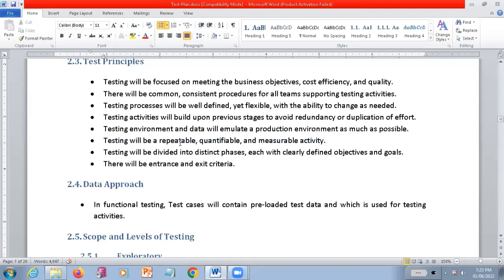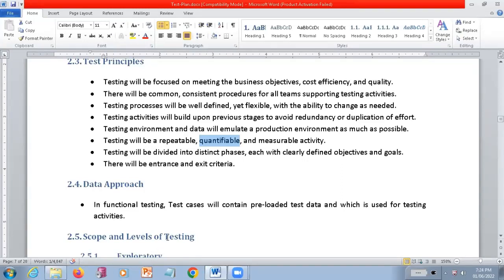Quantifiable means, of all the things you are going to release, how many test cases you are going to execute, and they are going to measure the quality and quantity. Both come under this quantifiable.